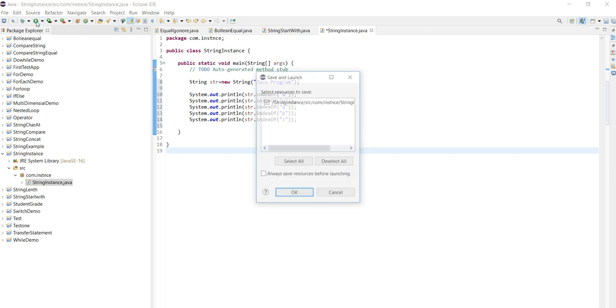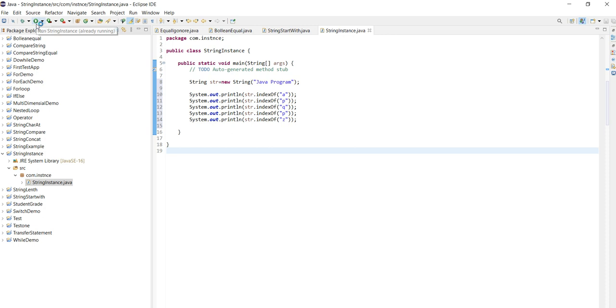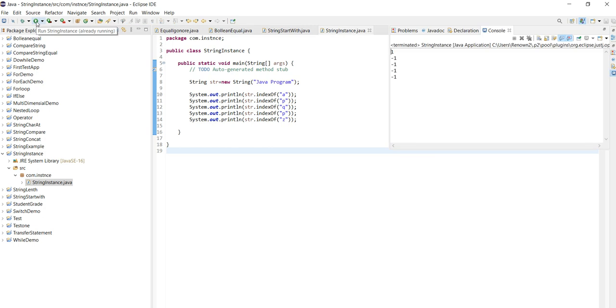I'm running this program. See here what the output is: 1, minus 1, minus 1, minus 1, minus 1. Because indexOf and lastIndexOf return minus 1 if the character you specify is not available.